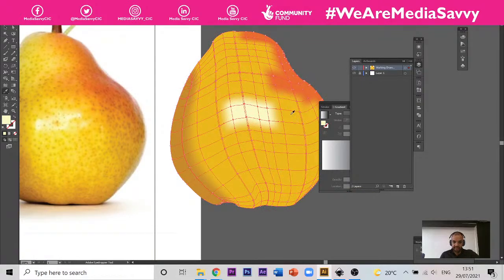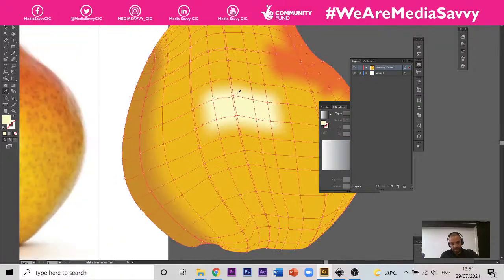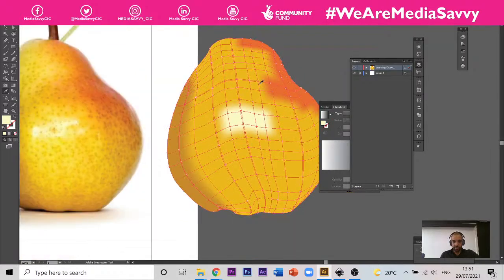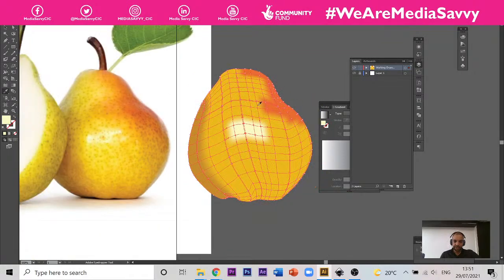when we've divided the shape up, the gradient only fits within these squares here. And we can control that a little bit later. Okay, but if we get the basic shapes in and the shades in now, we can go and edit that a little bit later. Okay, so we're going to go back to our Lasso Tool and get a bit more